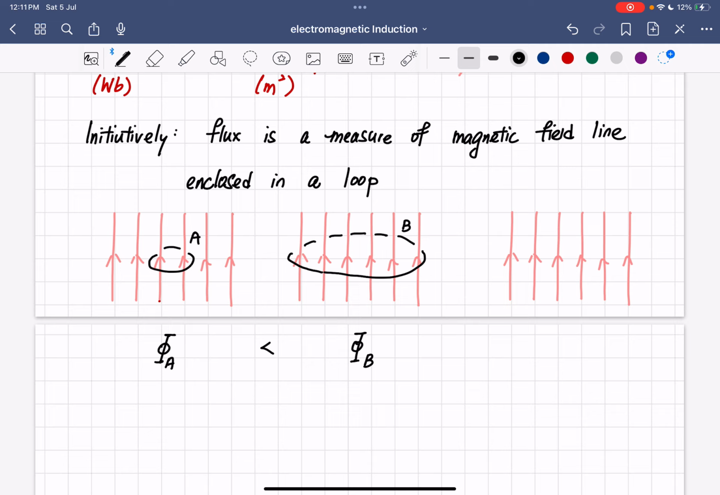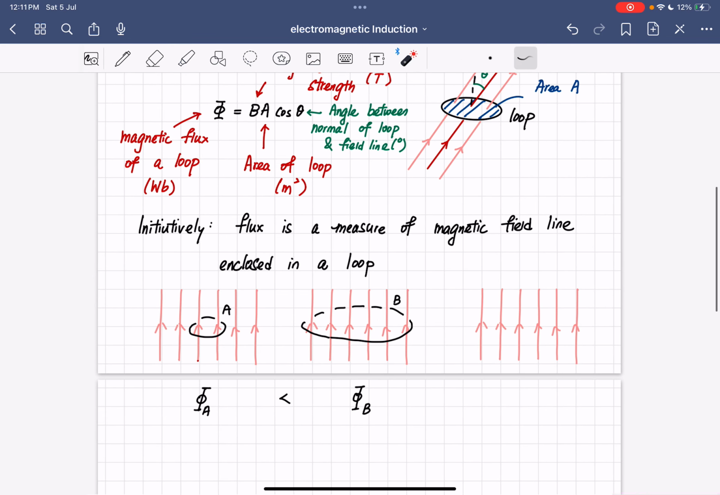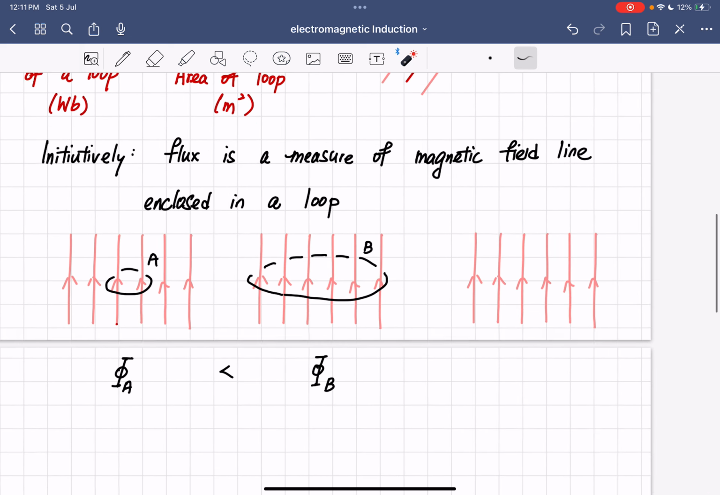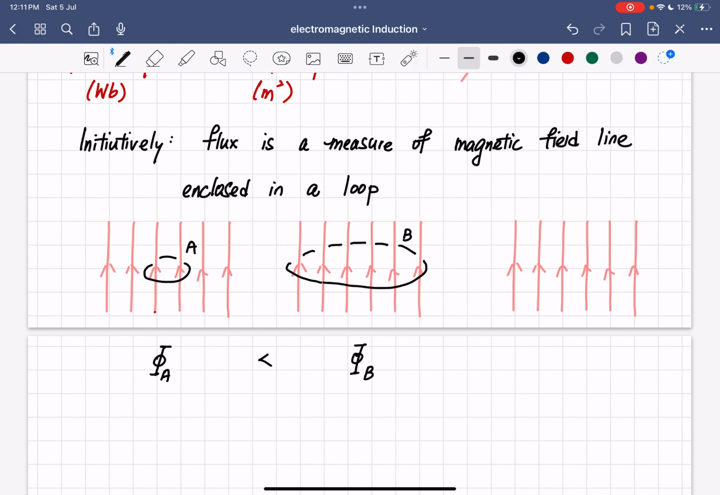It is. So therefore, it makes sense because now you are using a bigger area. So therefore, you of course get a larger number of field lines enclosed inside the loop. So the magnetic flux is stronger. Now, however, if I consider another loop